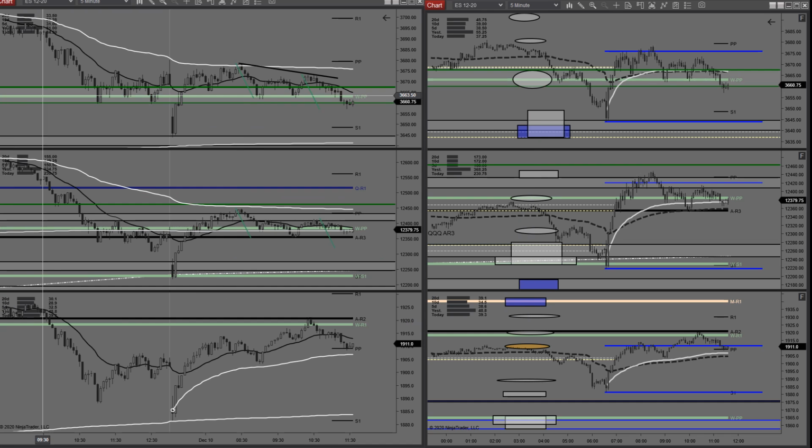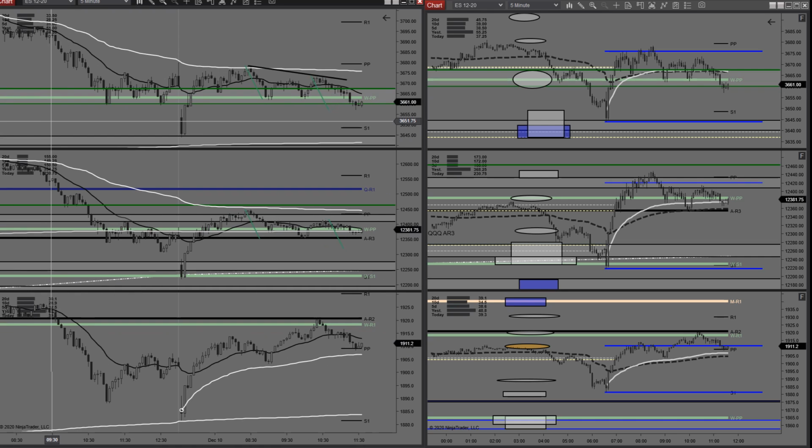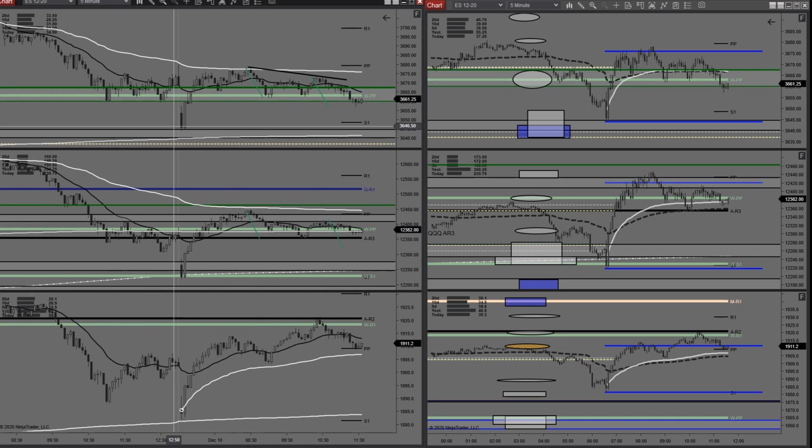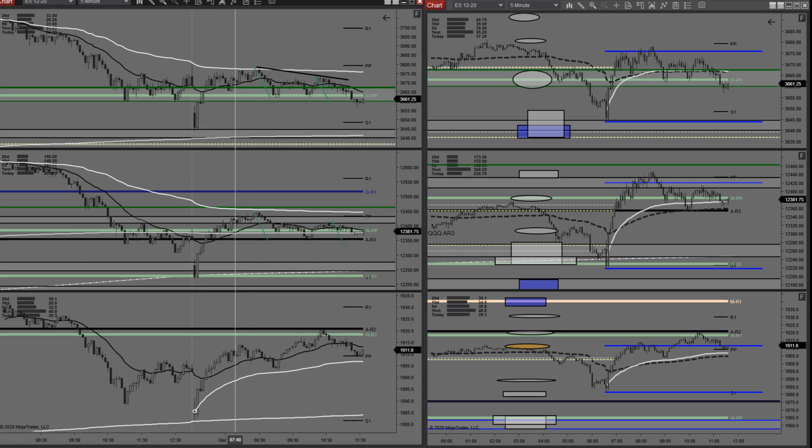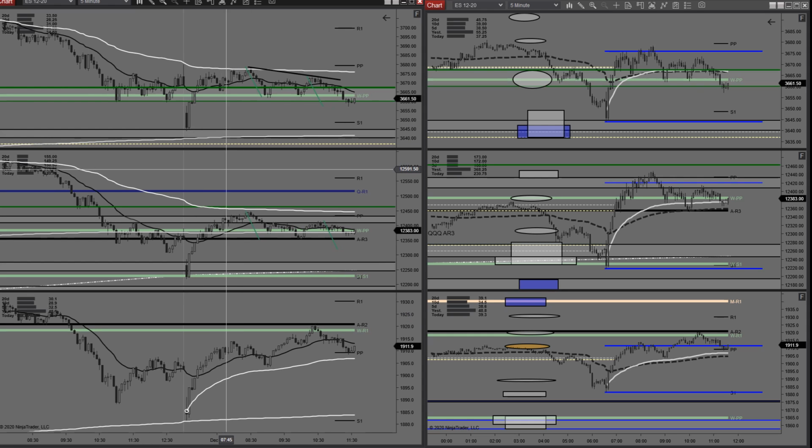It's the same with indices today. We get this massive long signal at the lows with almost everything at a key level at around the open or 9:45 Eastern. RTY main prep zone, trend guide reversal, swing anchored VU up, NQ, supply and demand, trend guide reversal, weekly S1, 20-day, ES, supply and demand, trend guide reversal, Apple level, VIX level, MDY level, SMH level, Google level, massive signal. Did we get a response? Massive response. This could be an outside day, huge response. That is not true. This could not be an outside day. But this is going to be a big green bar on the daily chart, right?